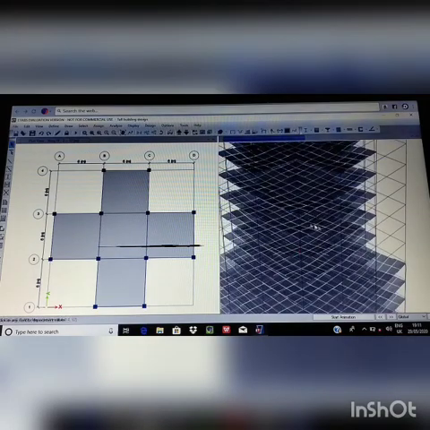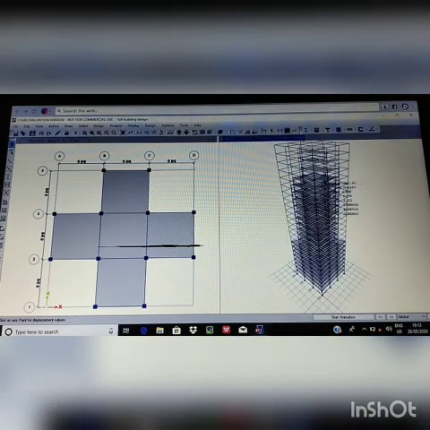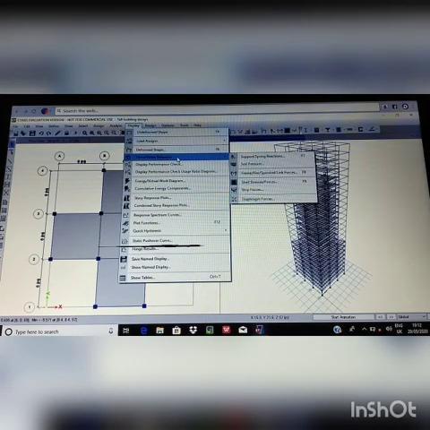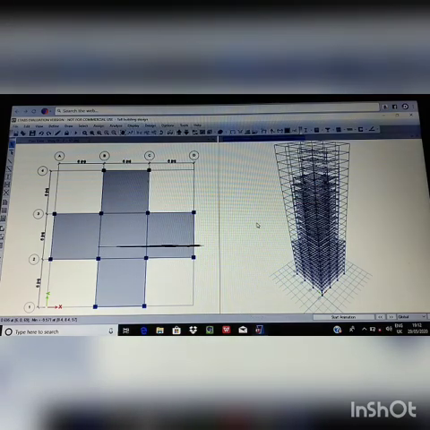Here we can check the displacement values at points on the slab by placing the cursor on the points. We can also check the shear, moment and slab stresses.